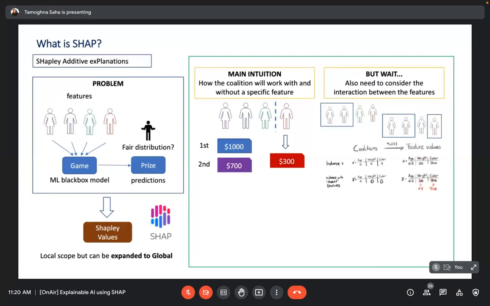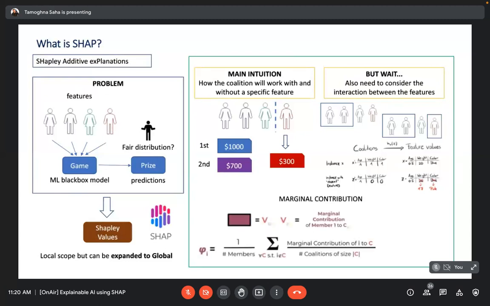I will come to this picture later, and that special terminology is called marginal contribution. As I was mentioning, the coalition will result in a value. Think of that value as the price. So, value with all the four members and value with only the first three members. How will you determine the marginal contribution of the fourth member?